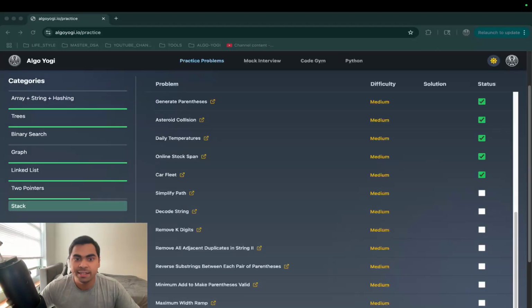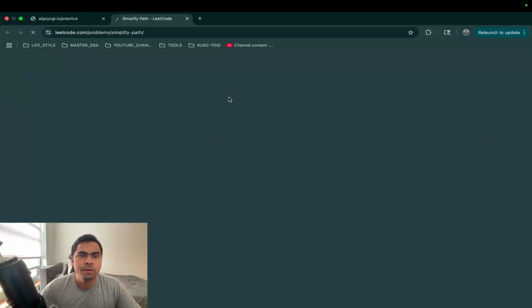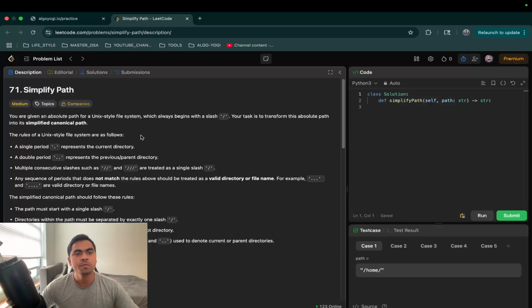We are doing the stack series, and our next problem in the list is Simplify Path. Let's go to LeetCode and give it a read. You are given an absolute path for a Unix style file system, which always begins with a slash. Your task is to transform this absolute path into its simplified canonical form, and these are the rules of this